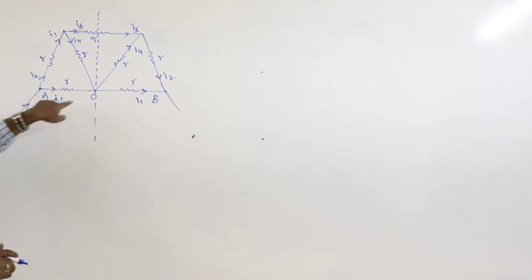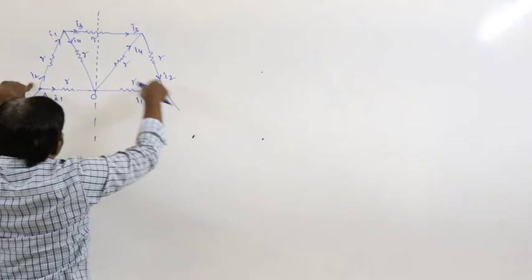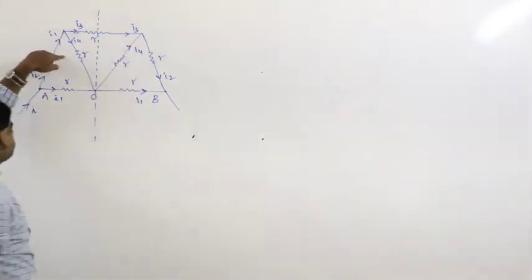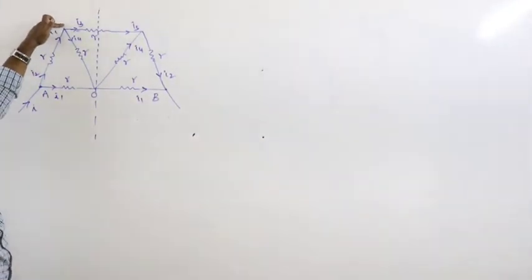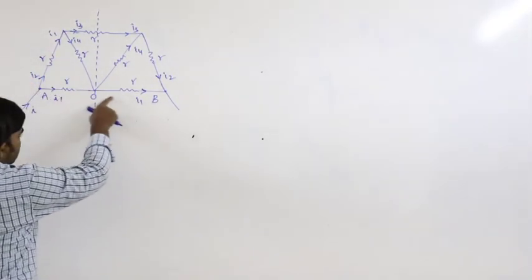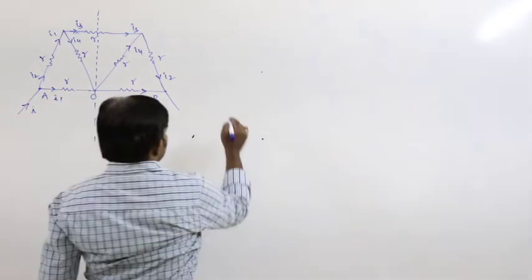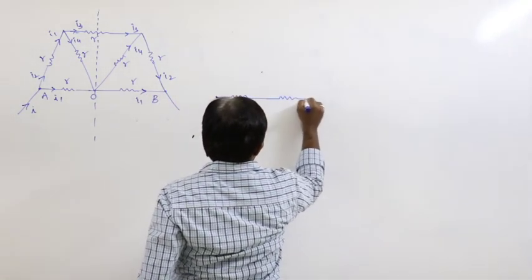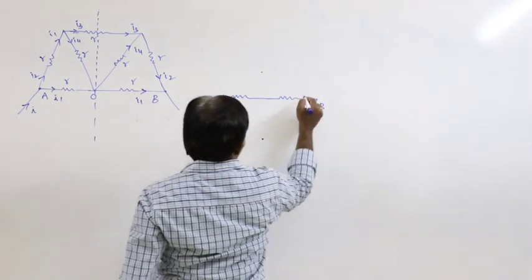See here it is I1, so here it is also I1. Here I2 is passing like this, I2. Let us say it is I3, here also it is I3, it is I4, it is also I4, because at the junction current divides. Here it is one junction, here it is another junction, that is why current divides here. Now the same amount of current passing here, here also the same amount of current passing. So now the simplified circuit is, this is A and this is B, same amount of current I1.